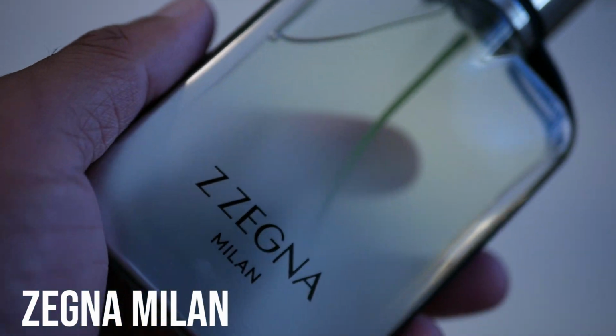Check it out. So coming in at number 7, Chad from Fragrance Journey sent me this bottle. If you follow his channel, you know he talks about a lot of these fragrances and this brand. And that's Zegna Milan. Great scent, fresh, aromatic. This is fig. It's kind of floral, sweet, but this is a fig note, so it's something different than anything in my collection. I don't have any other fragrance that has this fig note in it. So if you're looking for something different, look into this one. I think this is like $18, $20. But if you're looking for a fig note that's kind of fresh, somewhat spicy,